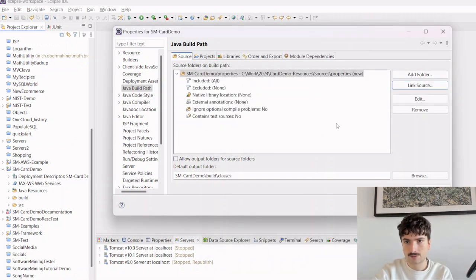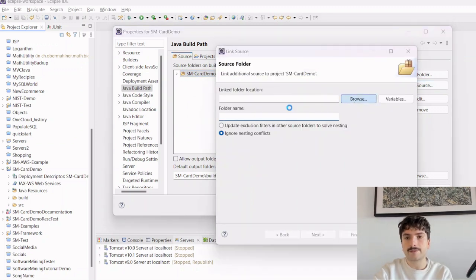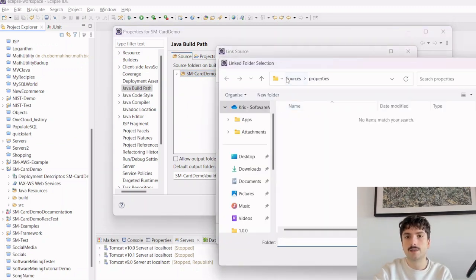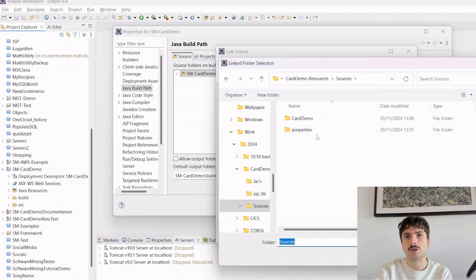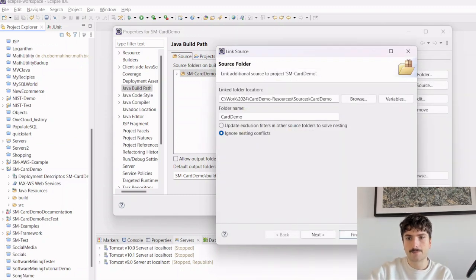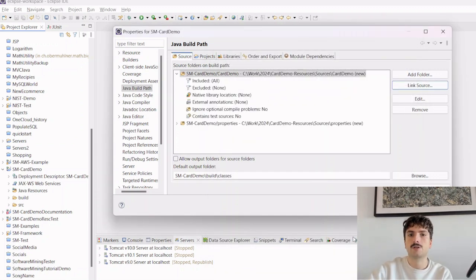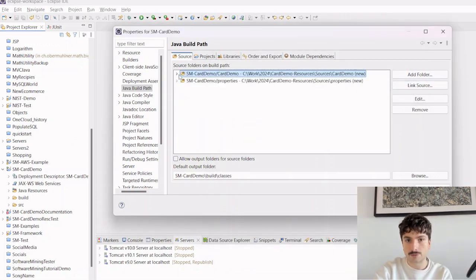So we click on Finish, and we're going to link another source. This time we're going to navigate to the output of the translation. So I translated all those files into this folder here, card demo. So we will select that and leave the name as default here as card demo is okay. We'll click on Finish. So those are the two sources we need linked. Let's hit Apply